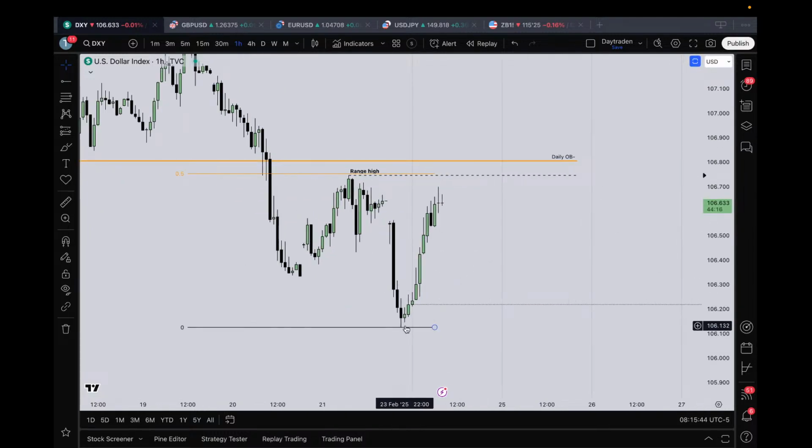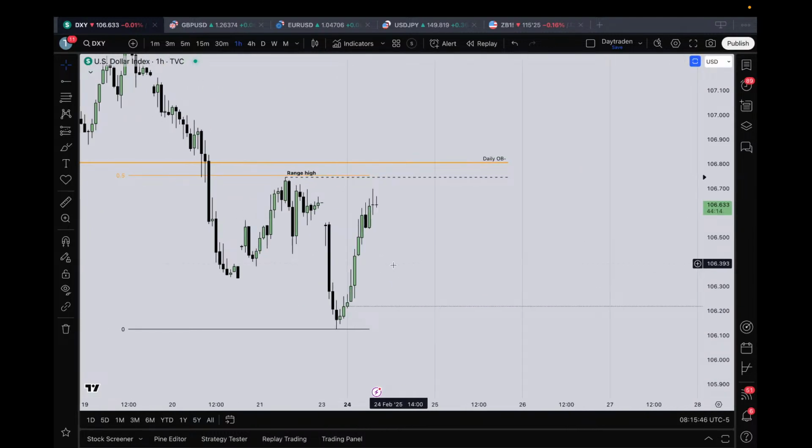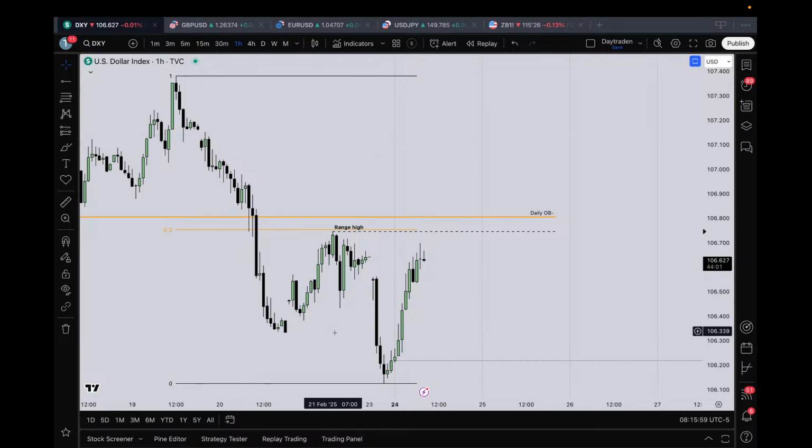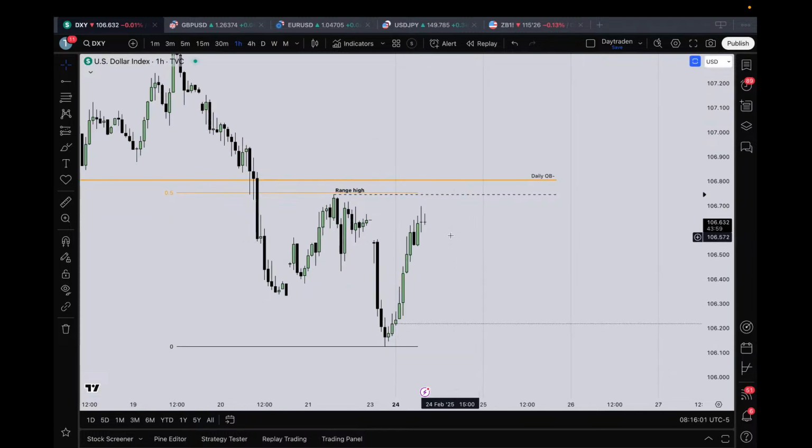So what I am looking for is to establish an early high of the week, like a Tuesday high of the week scenario, where we are going to take out this range high, because this is a lower time frame range inside of the bigger time frame range. So I would like to see a manipulation move higher, taking out the range high into the key level on the daily, which is of course the daily order block, so that we can establish a